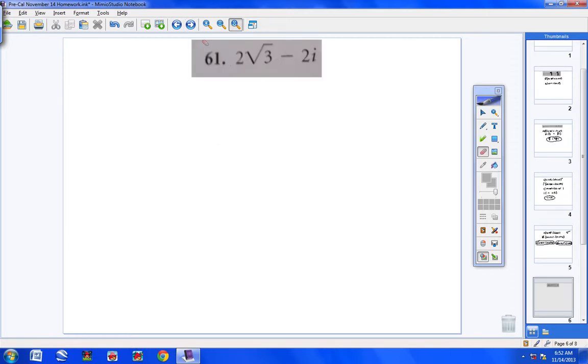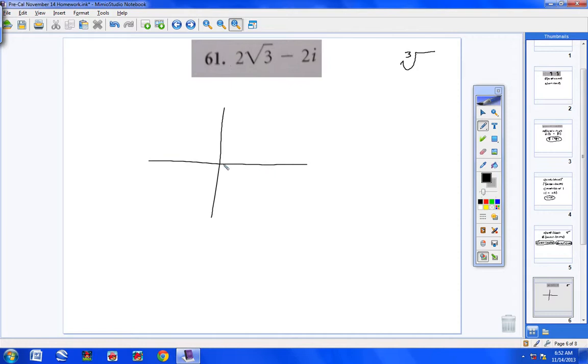All right, 61 is next. We only have 3 left, so hang in there. 61, 65, and 69. All right, let's take a look at number 61. First of all, the directions for 61 says find the cubed roots of this number. So off to the side, I'm going to write cubed roots so we don't forget that. And now let's quickly write this in